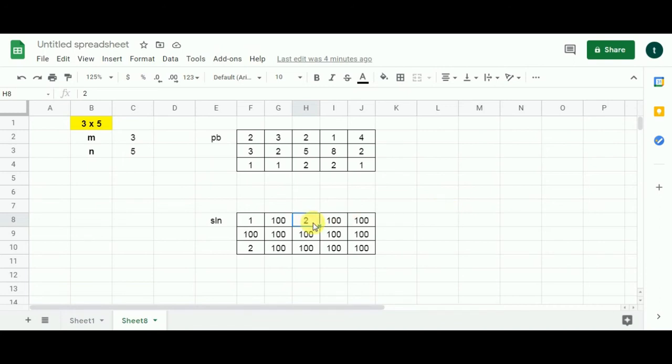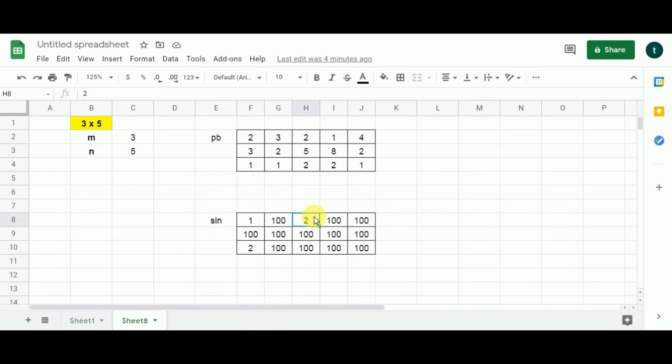Alright, so this is our next cell in the move, and we are going to check condition by condition, and we are going to determine which is going to be our next cell. So the first condition is that the value in the cell we are investigating must not be the maximum value. So here we have 2, which is not equal to the maximum value, which is 100. So first condition is satisfied.